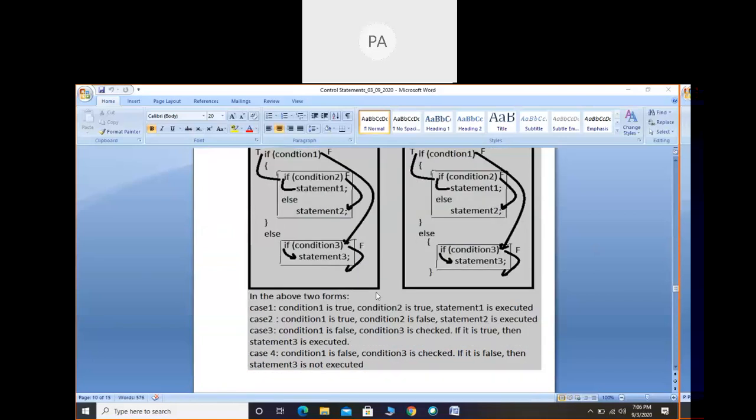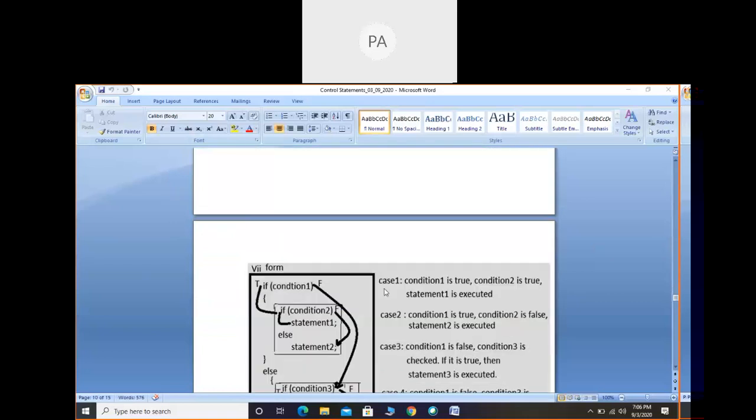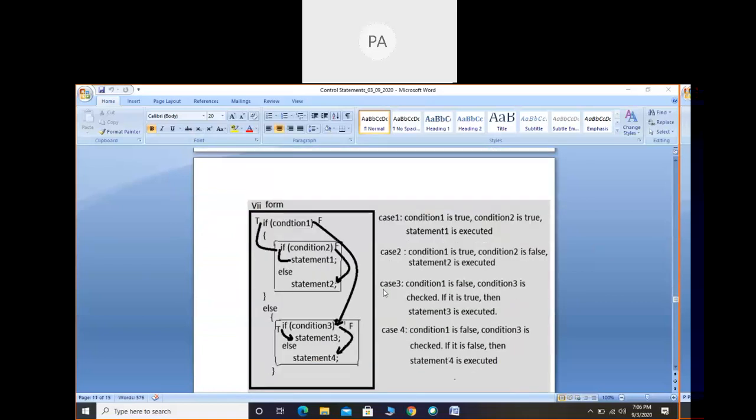So yesterday, I think till the fifth and sixth form we have come across. So now we'll go to the seventh form.